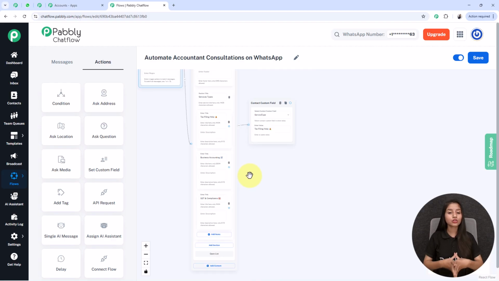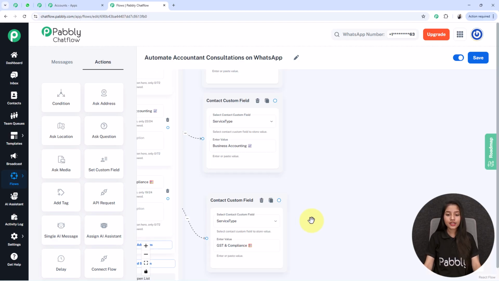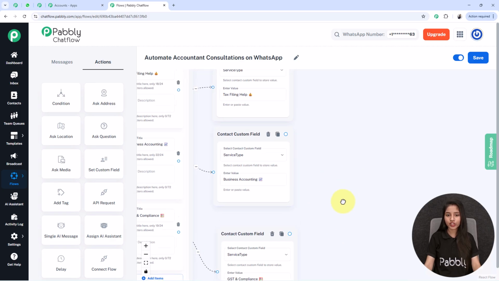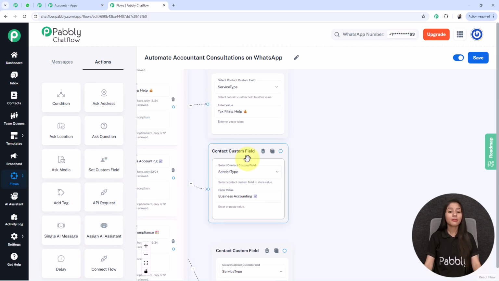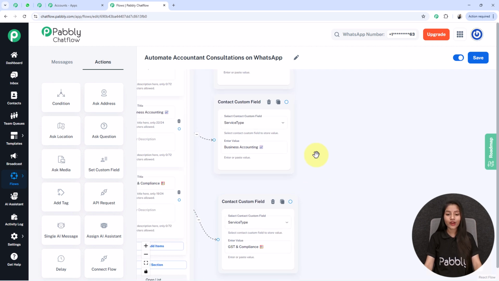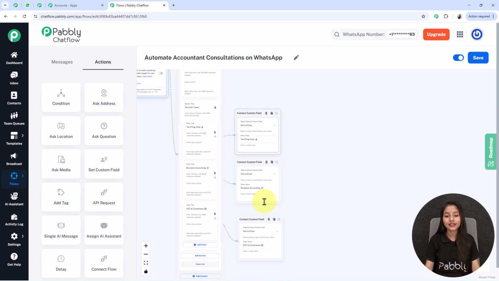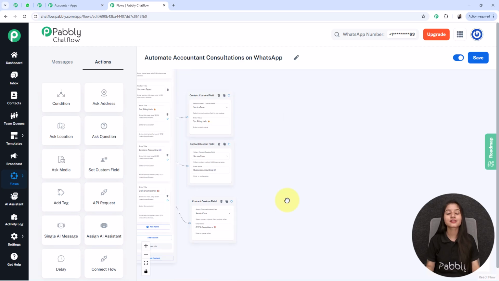Now I am going to do the setup of 2 more contact custom field nodes here for both of these service types. Here I have done, you can see I use the same contact custom field in each of these contact custom field nodes, that is the service type, but I only change the value. At the end, this will help my bot to provide a customized message to my users completely based on their selected choice. Now whenever my user will select the service type, then my bot will ask them to share the date